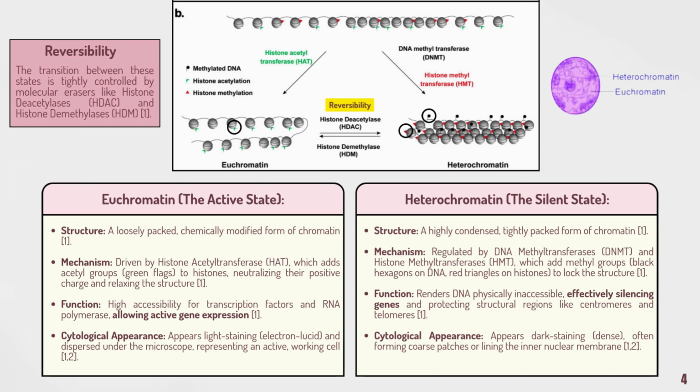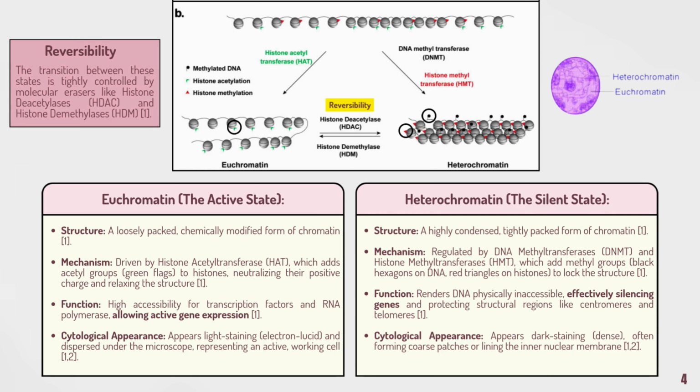On the right side, at the bottom right, we have heterochromatin. This is a closed state. Enzymes like DNMT, the black hexagon in the diagram, and HMT, the red triangles in the diagram, add methyl tags, which cause the chromatin to tightly clump together. Because it is packed so densely, the cell's machinery is completely blocked, turning these genes off. In cytology, because these fibers are meshed together, they absorb a lot of dye and appear as distinct dark staining